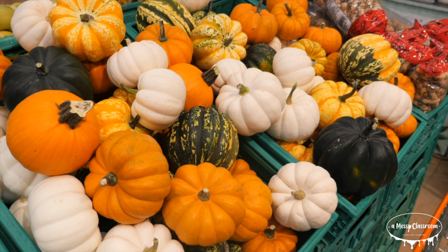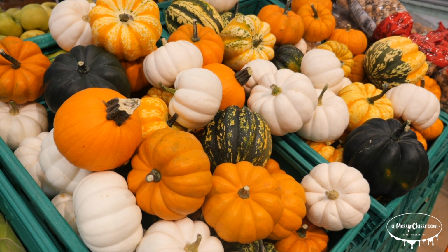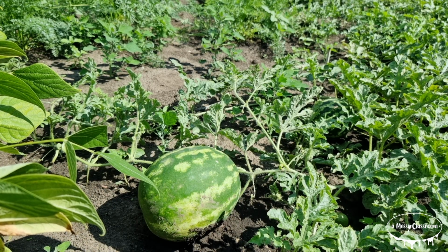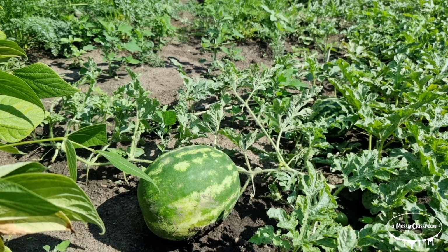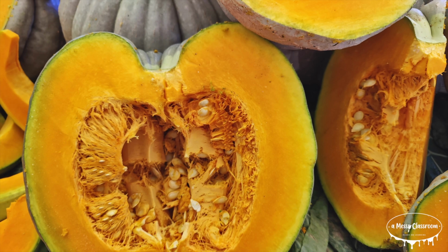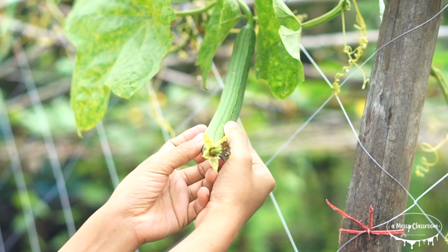Pumpkins are often called squash or gourds, but what's the difference between these terms? A squash is a type of vegetable that belongs to the gourd family. This includes pumpkins, cucumbers, and watermelons. Squash plants produce large, fleshy fruits that come in many different shapes, sizes, and colors. There are two main types of squash: